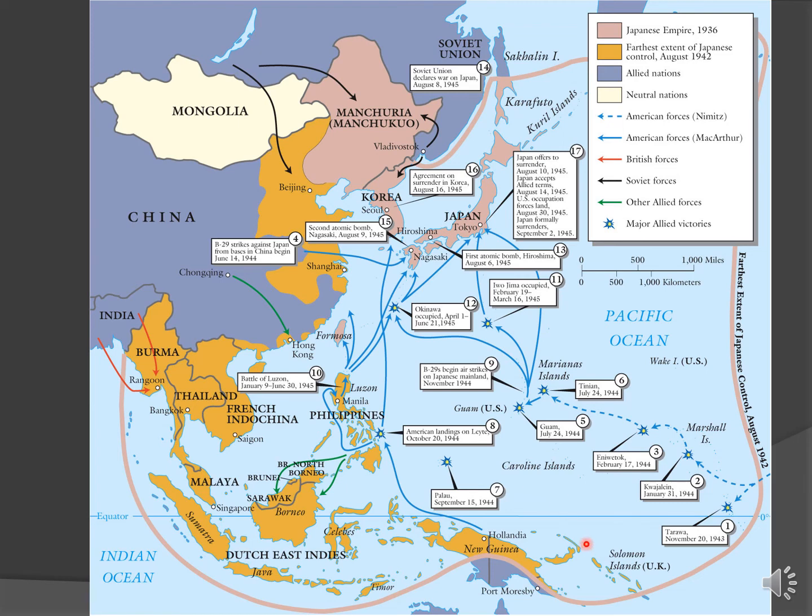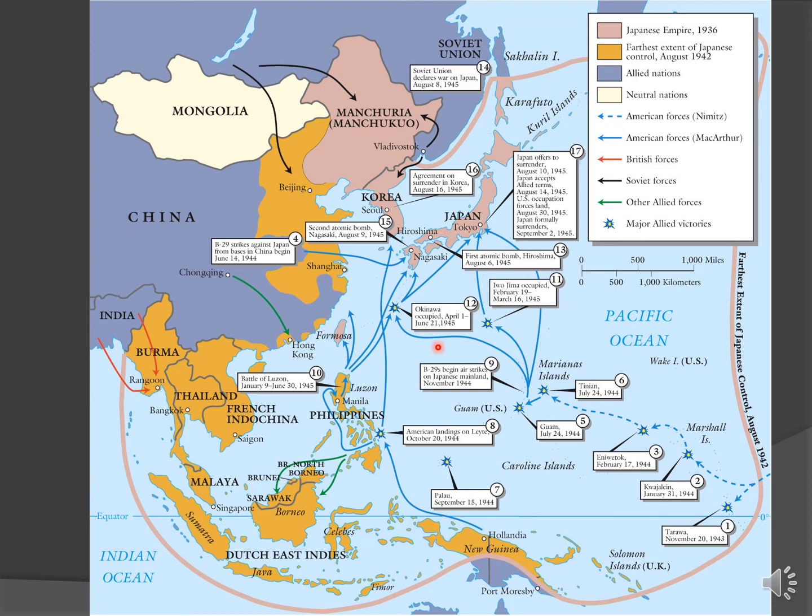This is also a great map to study. So what you will see here is a timeline. You can follow the numbers 1, 2, 3, 4 over here in China, 5, and again, you just get a sense of the timeline of events, important strategic events. Here you have the beginning of bombing raids from China over to Japan. That becomes important. You have Okinawa, which is going to be occupied